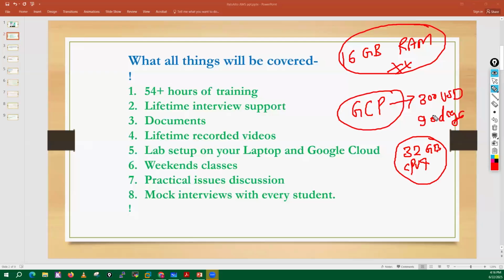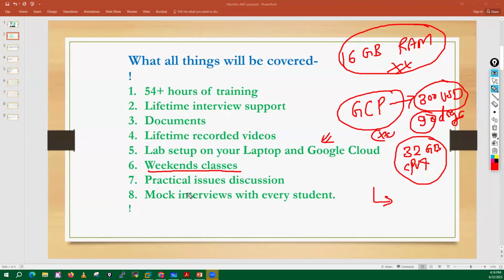So that lab, basically, you can utilize for 90 days. After the 90-day period, you can destroy this current account, create a new Google account, and you will get the 300 USD again for the lab purpose. After that, you can build the lab, and again your lab is valid for 90 days. So that's how you can basically get the support on the labs.